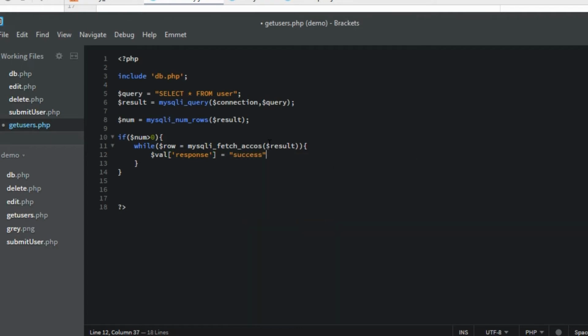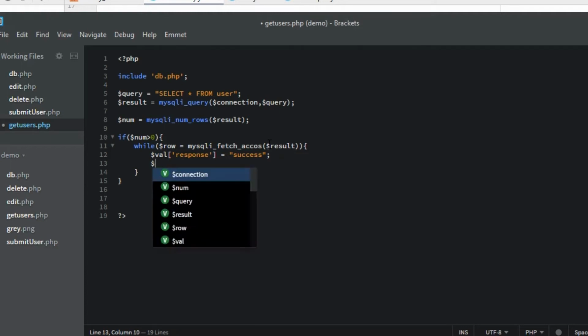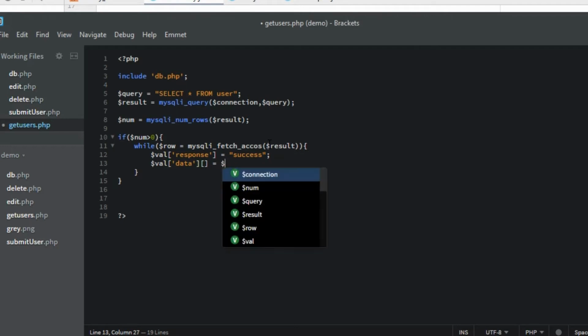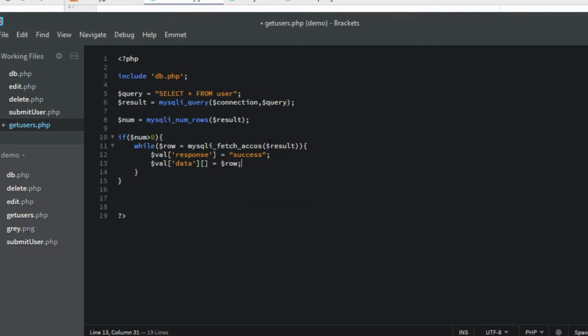Means there is something inside this variable, right? We got some response from database, and we'll take val data equals to $row. We'll pass that row inside this variable now, and outside this while, let's echo and write JSON